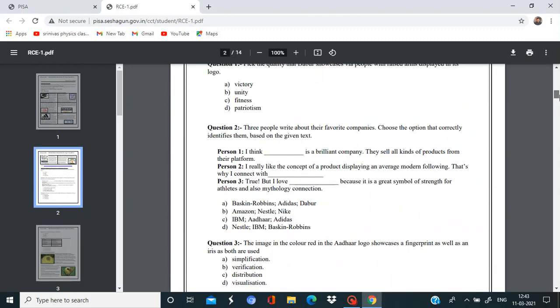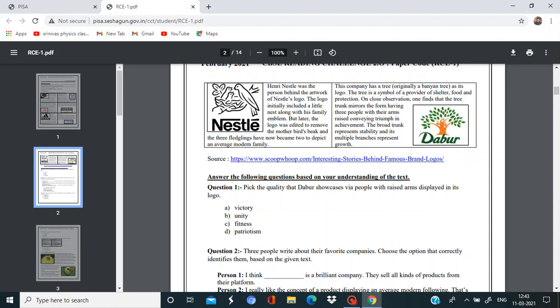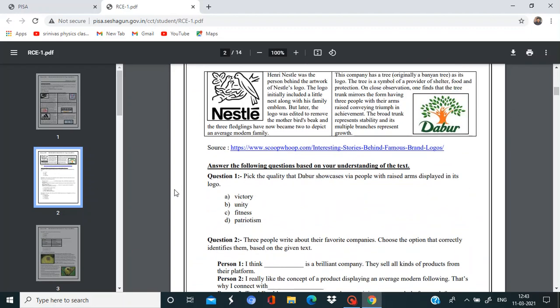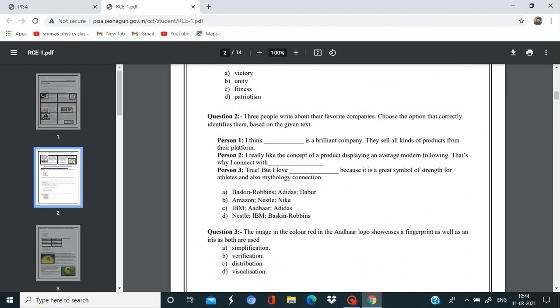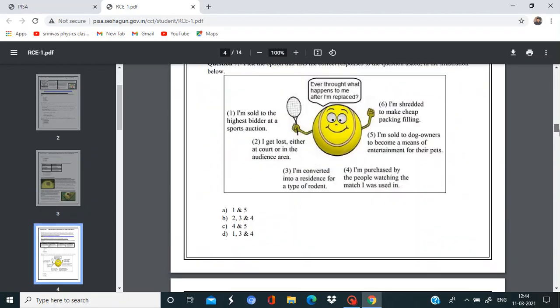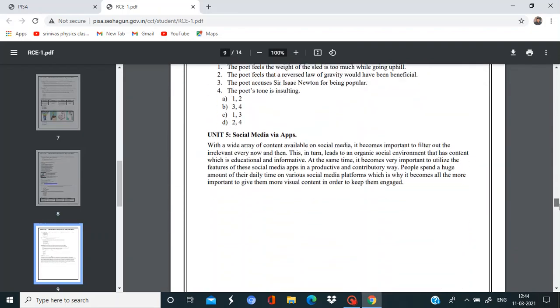How to answer this? You just have to take a white paper and write the question number 1. First write the heading as RCE 1, reading challenge English 1, and read the paragraph, and then after that you can go for the question. Write on the white paper the question number 1 and write any one correct option, whatever it may be, right? And like that, for question number 2 you can write the proper option, and then question number 3. Like this you can write the answers of all questions after reading